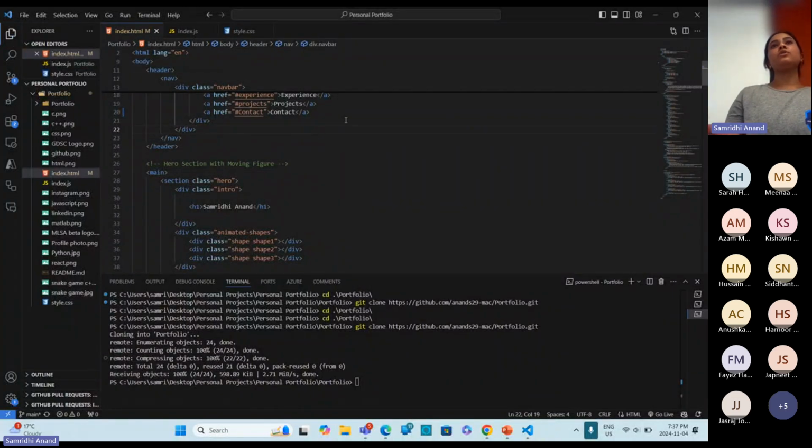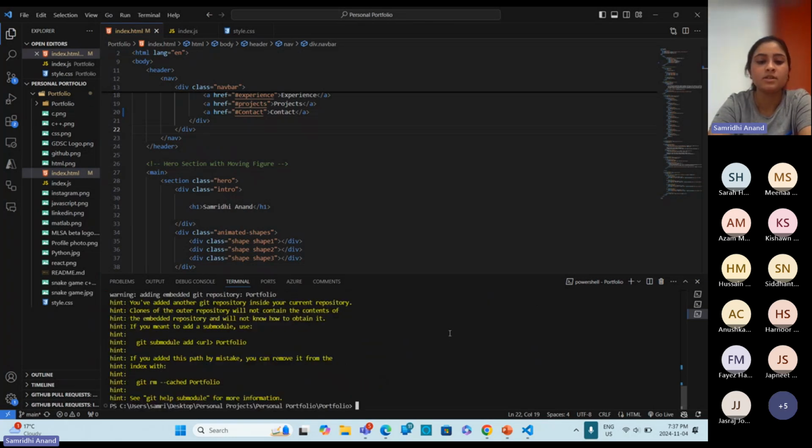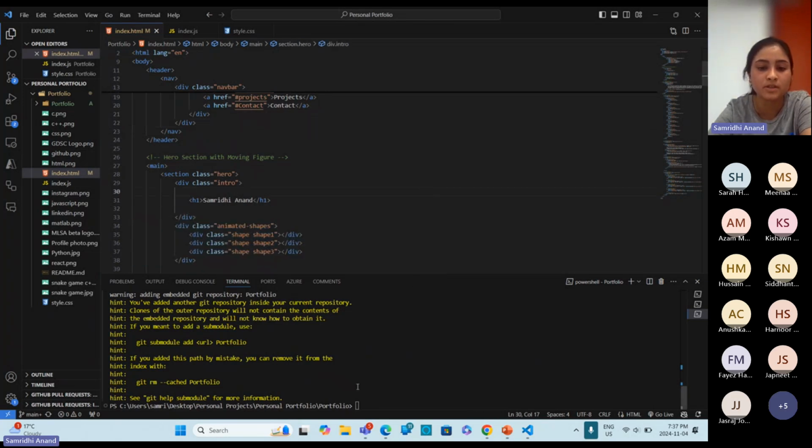Once you hit Control S, it is saved, and now you want to git push these changes, and you want everybody else to have it. So what I would do is git add and an asterisk. This is the first command that we were discussing, and just hit enter. Oh, actually, I needed to be in